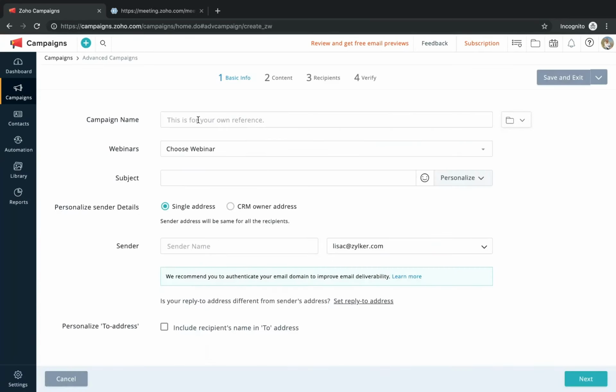So yeah, this is the first session where we have to update the basic information about the campaign that we're going to send. So here, this campaign name is for my reference, so that when I log into my Zoho Campaigns account, I'll get to know why I have created this campaign. So this campaign can be Learn more about Silker.